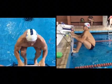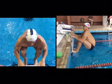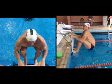So we've got two views here. Obviously the view on this side is from above, and then the view on this side is from the side. So as we frame forward, we'll just move it forward and get to where Ash starts his momentum going backwards. Okay,